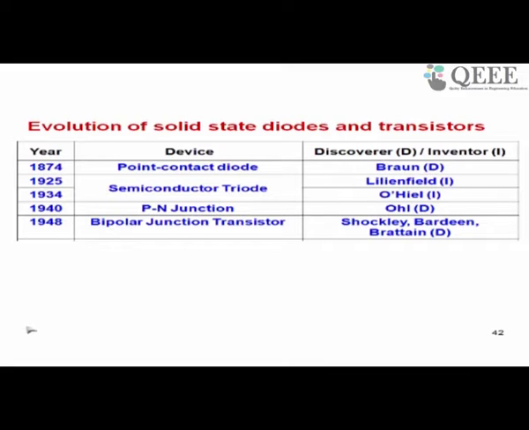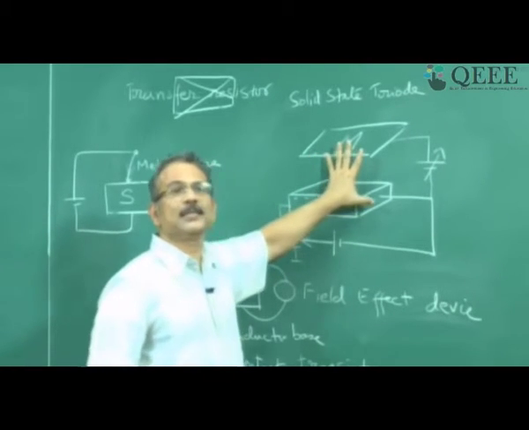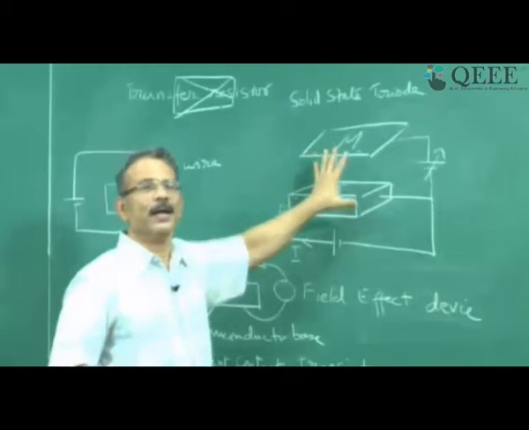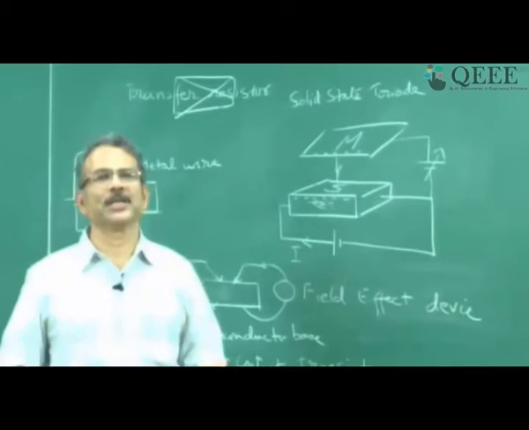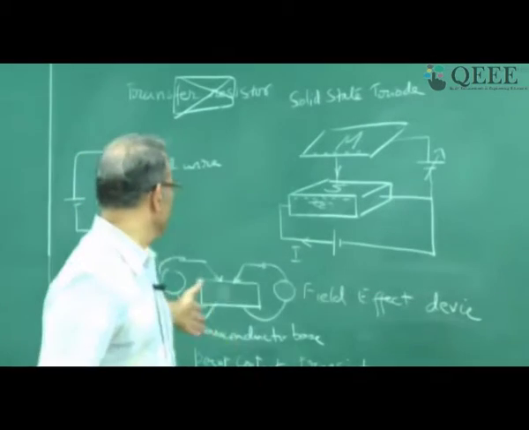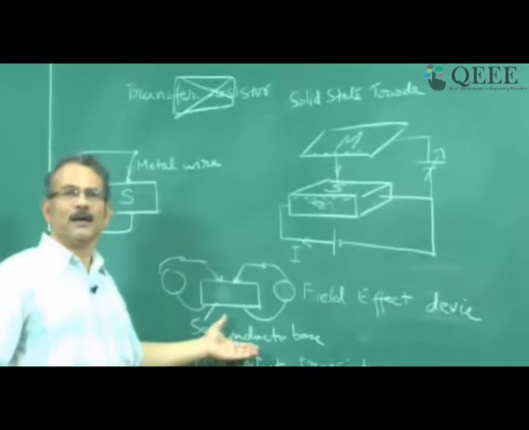Now after the discovery of the bipolar junction transistor, people stopped working on this device, trying to realize this device. You can see from about 1930 to 1950, 20 years people have been trying to make this device and were not successful. They accidentally discovered this device, but this was good for amplification. So they said, okay, let's use this. Why bother? We started with this, but we have got something that works for us.